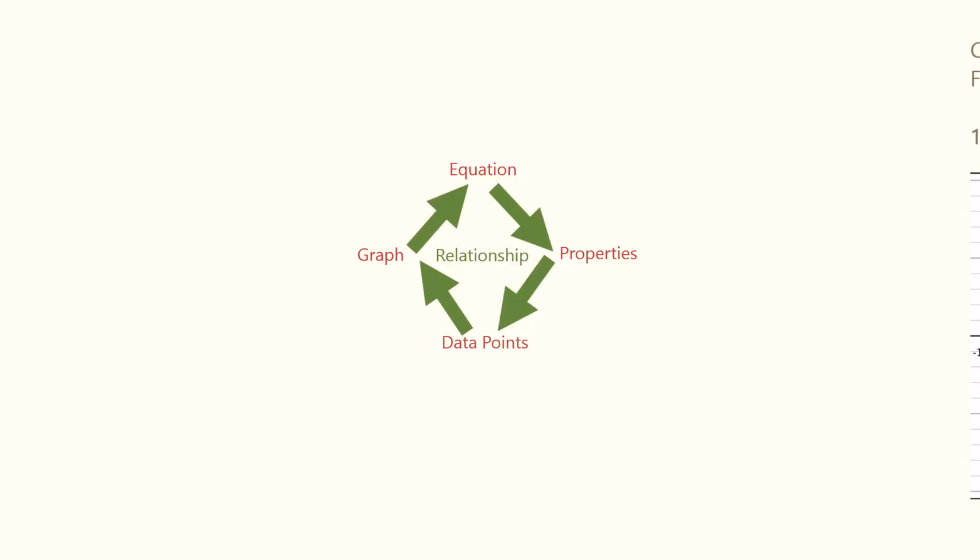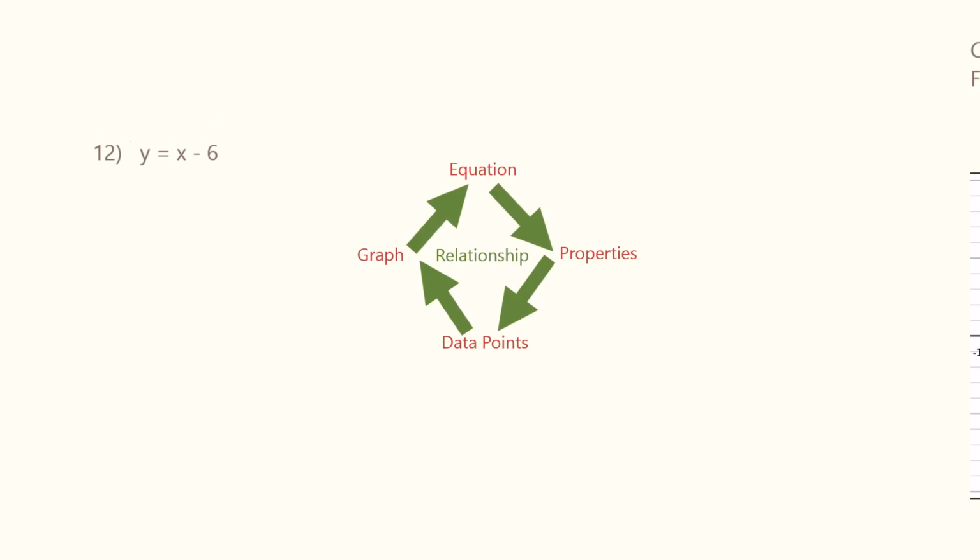In Chapter 2, we talked about some of the properties of relationships. We also looked at some equations and how they look on a graph and tables of data points. So we have this diamond of relationship representations, and we are going to start on page 170 with example number